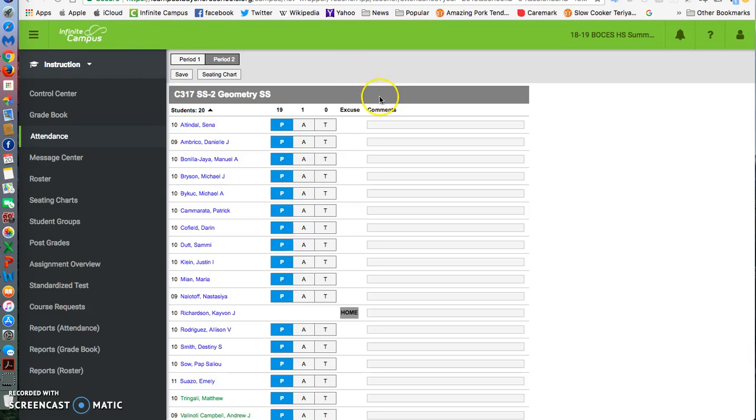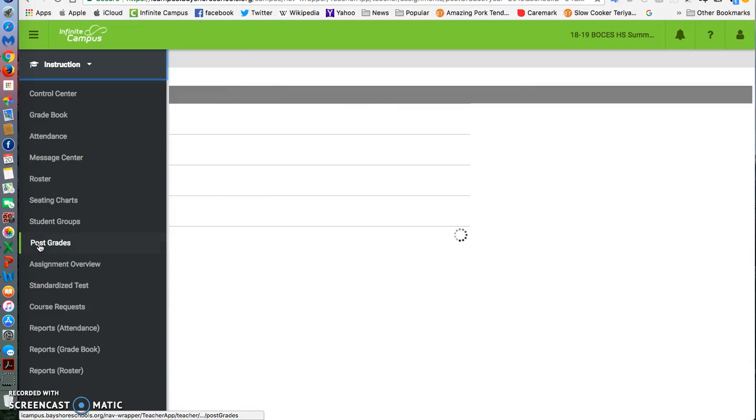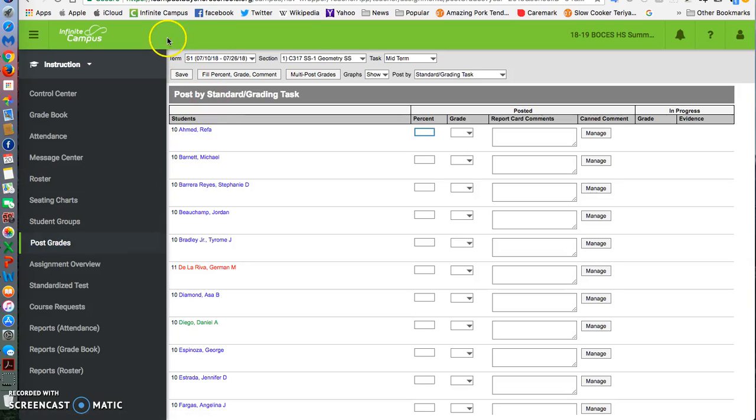Okay, so here I am logged into my account, and then I'm going to go on the left sidebar, a little more than halfway down to a field called Post Grades. I'm going to select Post Grades, and it's going to bring me into one of my classes, and the task